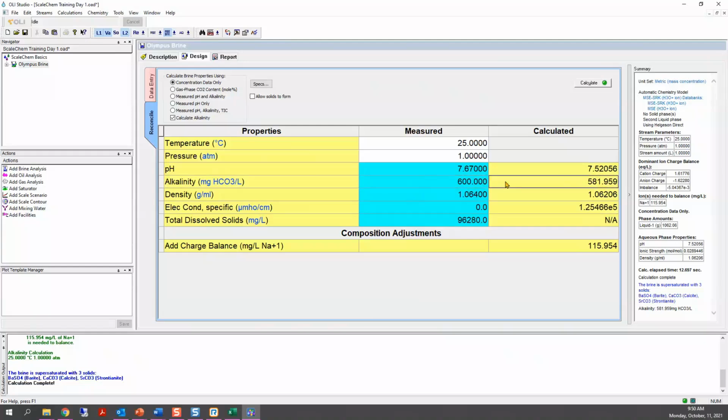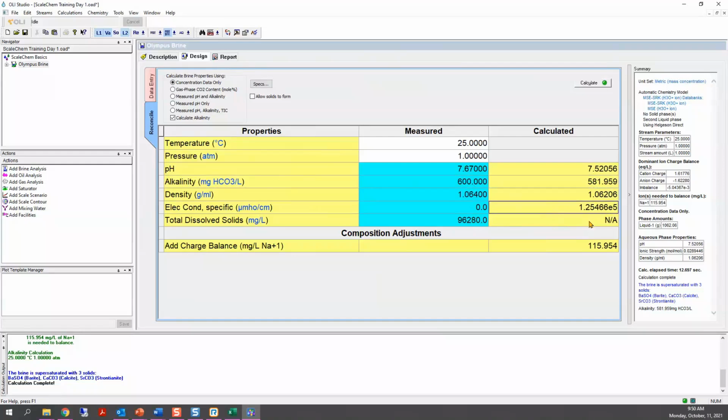And again, you have the option to match this value. So the software can add CO2, inorganic carbon, to the solution in order to match this 600 milligrams of bicarbonate per liter. And you also see that the density is not that bad, the value, the electrical conductivity, and this total dissolved solids, it says that the calculation was not enabled.